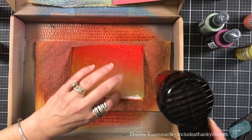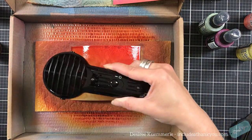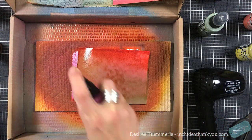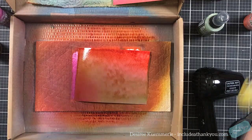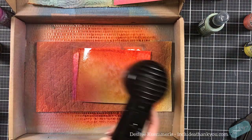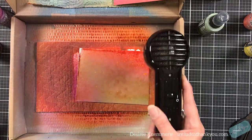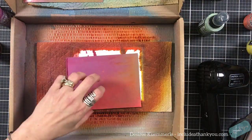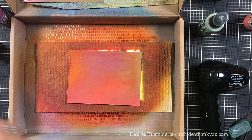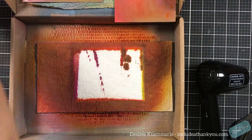You can see that when I had the candied apple, or let's just say red, and that green, it made brown. So you're seeing more brown coming through this piece as I dry it. Even though you see it one way, you're going to see something else as it continues to dry. To lighten it up, I'm just adding some yellow on top to see if I can push back some of it. Now, what I did though, I added too much. It kind of went all brown. But again, I'm okay with it. We just keep going